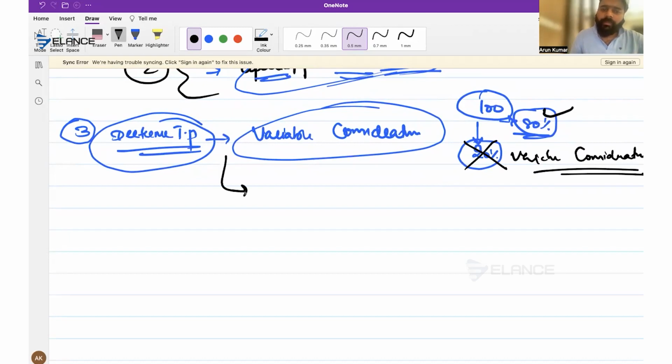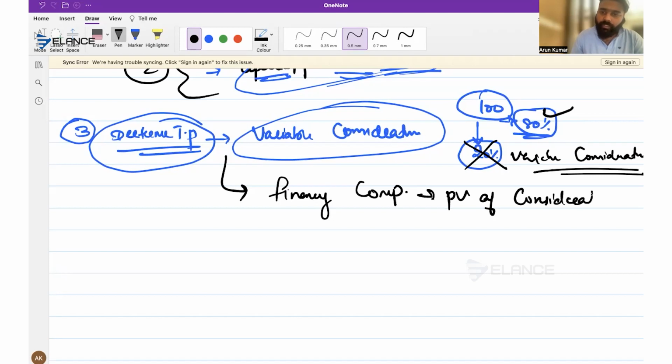So apart from that, another adjustment we need to consider is the financing component. So what do you mean by financing component? Let's say if there is a big timing difference between the transfer of control and the date at which we are actually receiving the money. Let's say I'm selling the product today, I will get the money only after 1.5 years. So in that scenario, there is a significant timing difference. In that scenario, we have to take the present value of the consideration received. So we need to take the present value of the consideration that you are going to receive in future, and that will be recognized as your revenue. Is that clear, everyone?